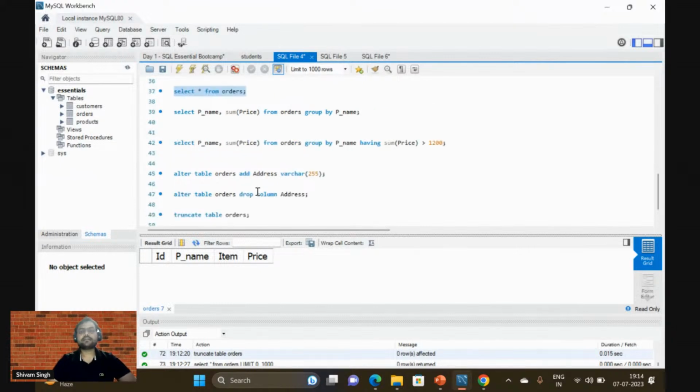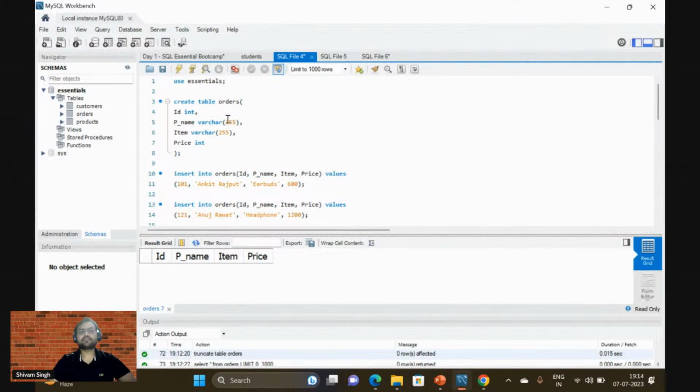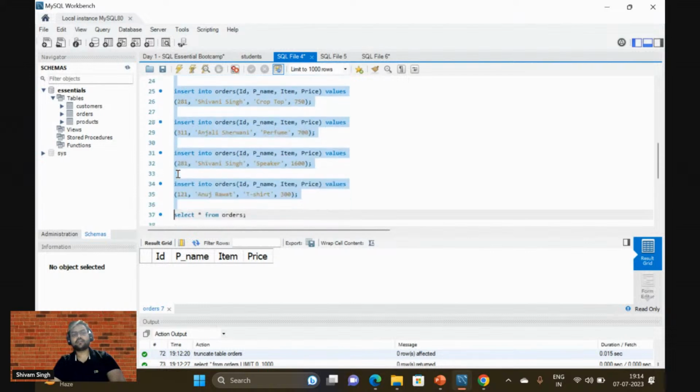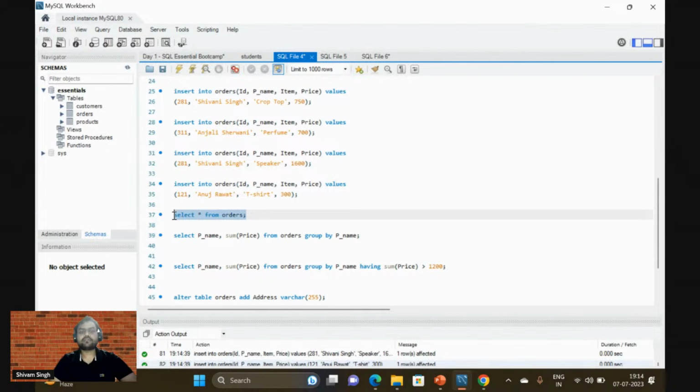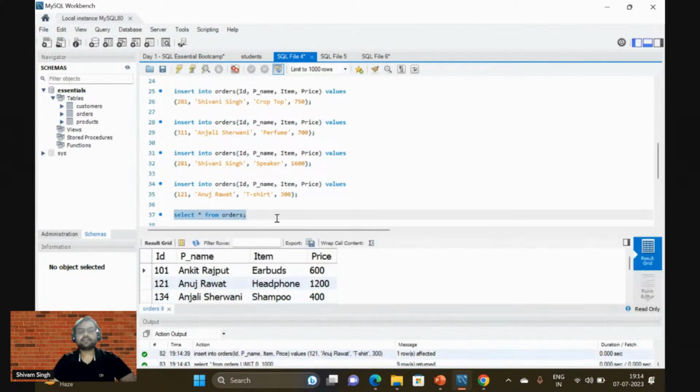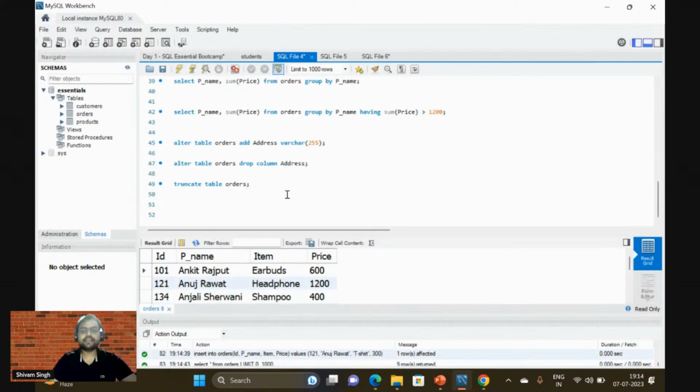So let's say that we have so many values over here. We have this table. What I can do is simply run all these insert values again. Now I got all the values. Now, guys, let's say that this earbud price over here is 600. But I think the normal earbud price is not going to be 600. If I talk about a wireless earbud, it may be like 900 or maybe 1000. So if I want to update this particular value over here,